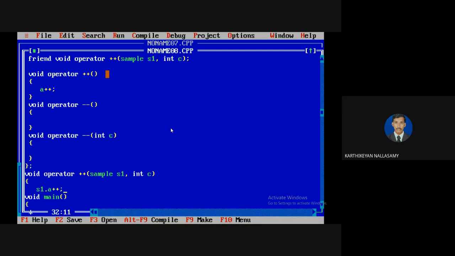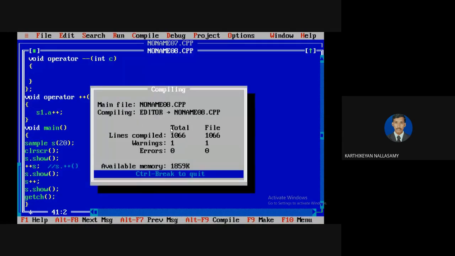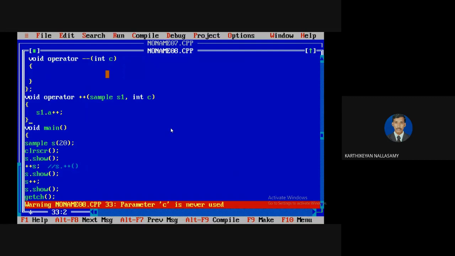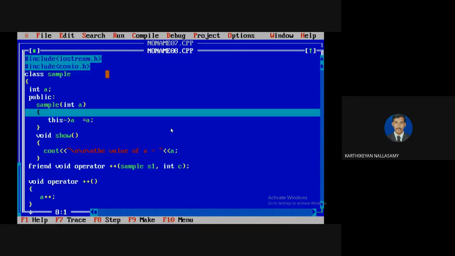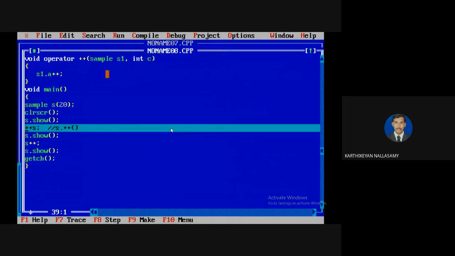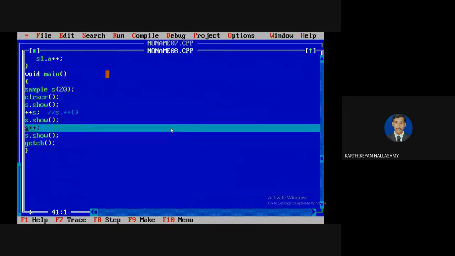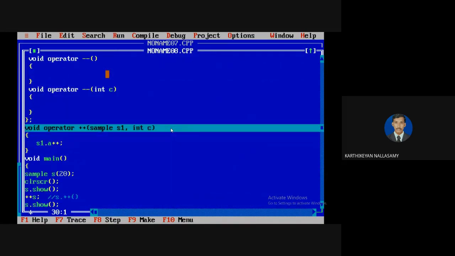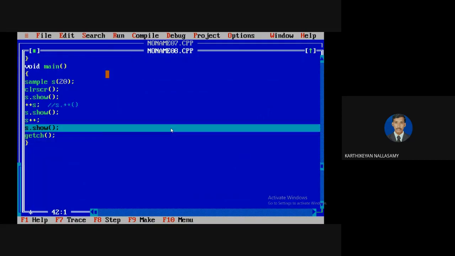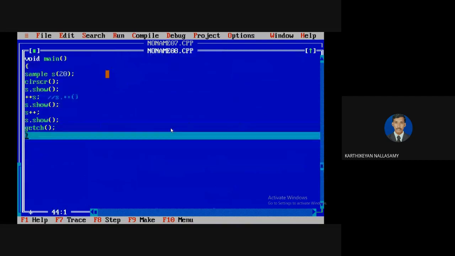So s1.a++ won't work. You know that. If you want, you can check it with F7, which is easy to understand. It will print and increment, and it will show the value for the pre. Now it is the post. It will work, but the value will not be changed.